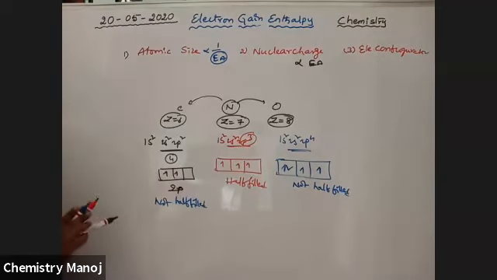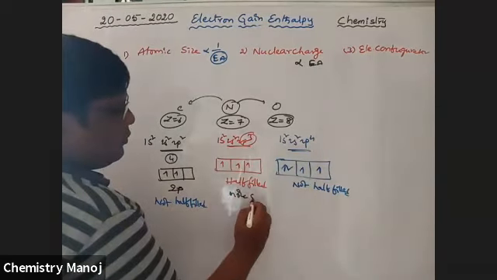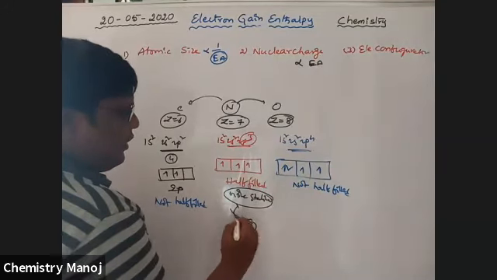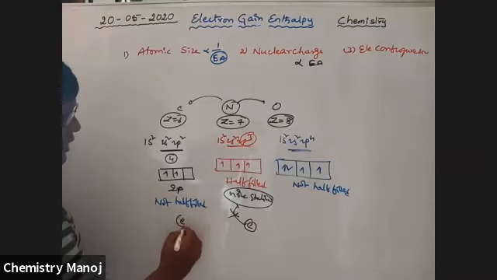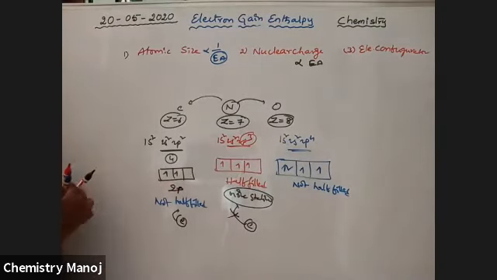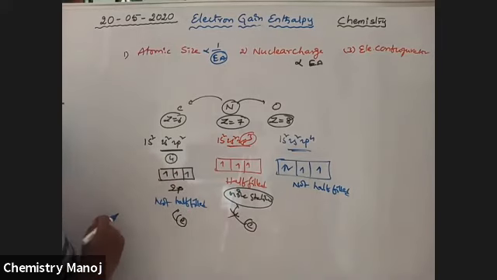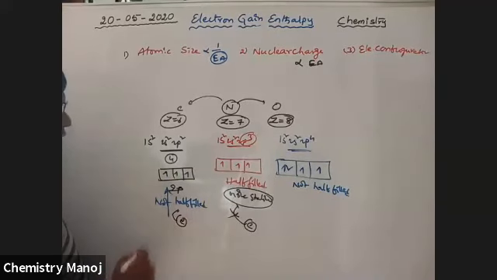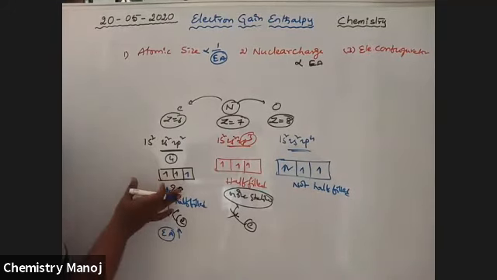That means among these three, nitrogen is the most stable. If you add an electron to nitrogen, it is not that favorable. But for carbon, if you add one electron, half filled nature is achieved after gaining this electron. That means it is easy to accept an electron. Therefore electron affinity is higher, because when an electron is added here, stability is increased, and that's why electron gain enthalpy is very, very high here.